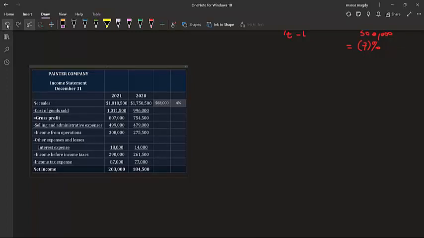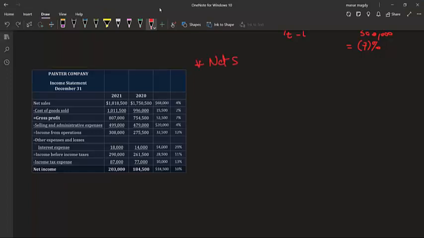This amount of increase represents 4%. So it increased from year 2020 by 4% in order to achieve 1,818,500 in year 2021. For example, for net sales, the same way, either you calculate the amount or the percentage. The amount is calculated as follows: